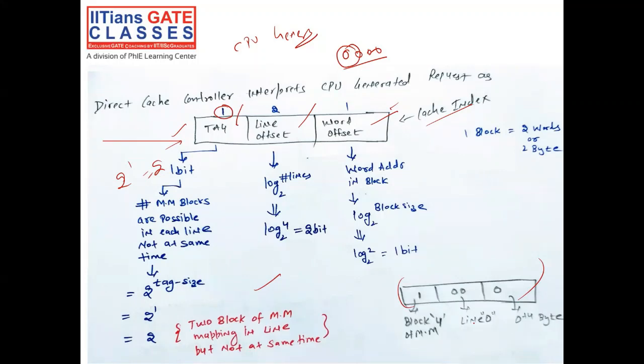another thing about the tag memory is that this will tell actually which block right now exists in the cache memory. Now in the last slide we saw block 0 and block 4 point to only line 0, right? But which block is there? If this is 1, then we can take this example and see that the 4th block exists in the cache. With the help of this one, we can say the 4th block of the main memory exists in the cache memory. If this is 0, then block 0 exists in the cache memory, right? Done.